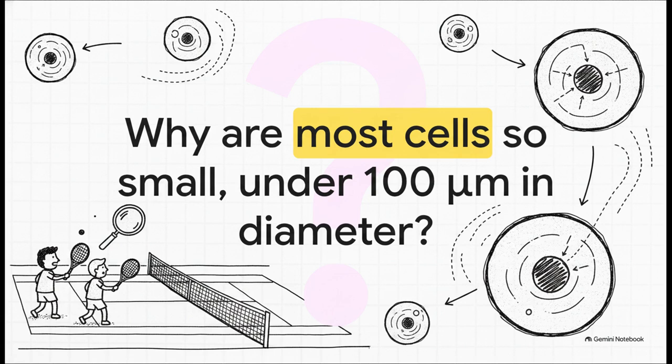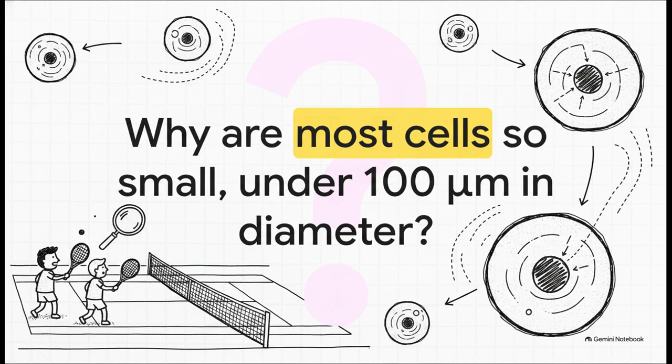To picture why, think about playing a game of tennis. If you're playing doubles, you and your partner can easily cover a standard-sized court. But what if that court suddenly tripled in size? You would be completely exhausted and you'd definitely miss most of your shots. The court absolutely has to stay a regulation size for the game to actually work, while a cell is exactly the same way. It has to remain at a strict, limited size so it can function and efficiently transport all its essential materials.